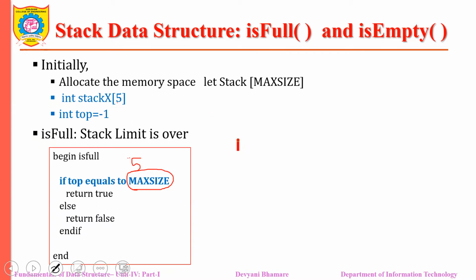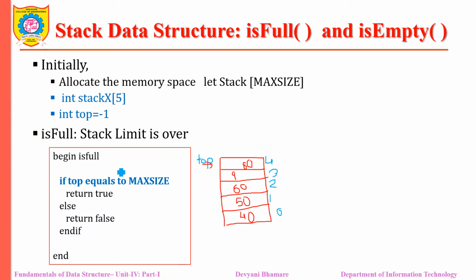Why? Because the elements have been pushed in such a way that your stack is completely full. There is no space to push the value onto that stack. So in this case, if we say that the stack X is containing the maximum 5 elements, so elements are 0, 1, 2, 3 and 4. And again, if I want to perform some operation like a push, which means I would like to insert an element, let that element be 60, then we cannot insert it.